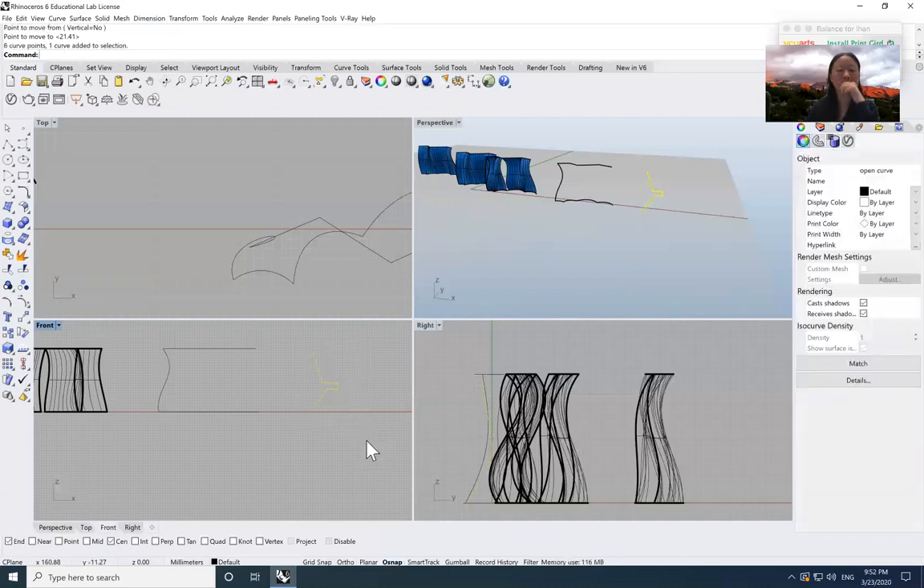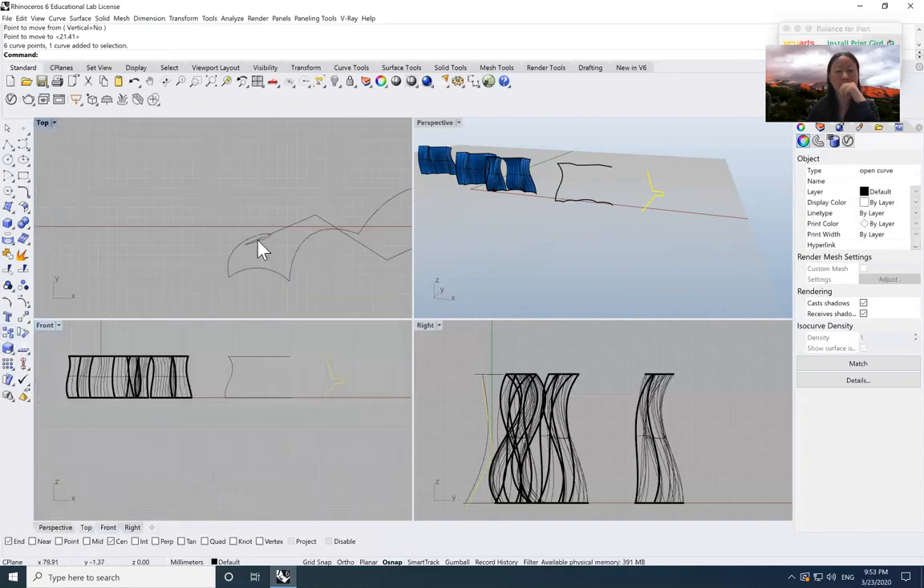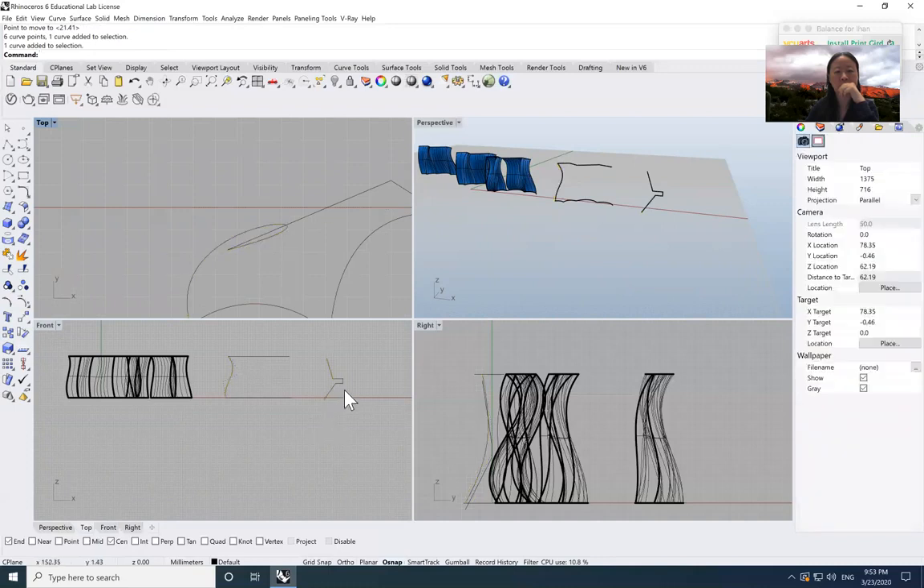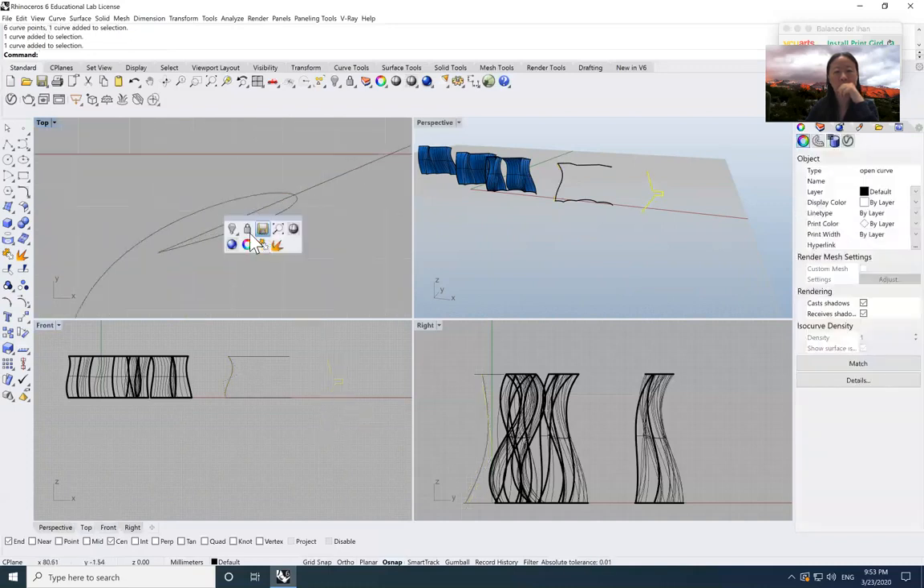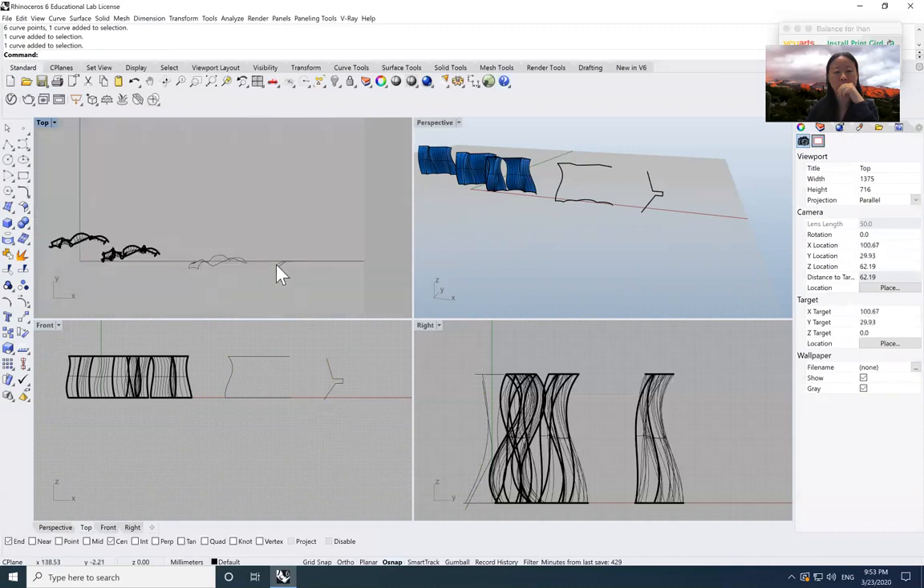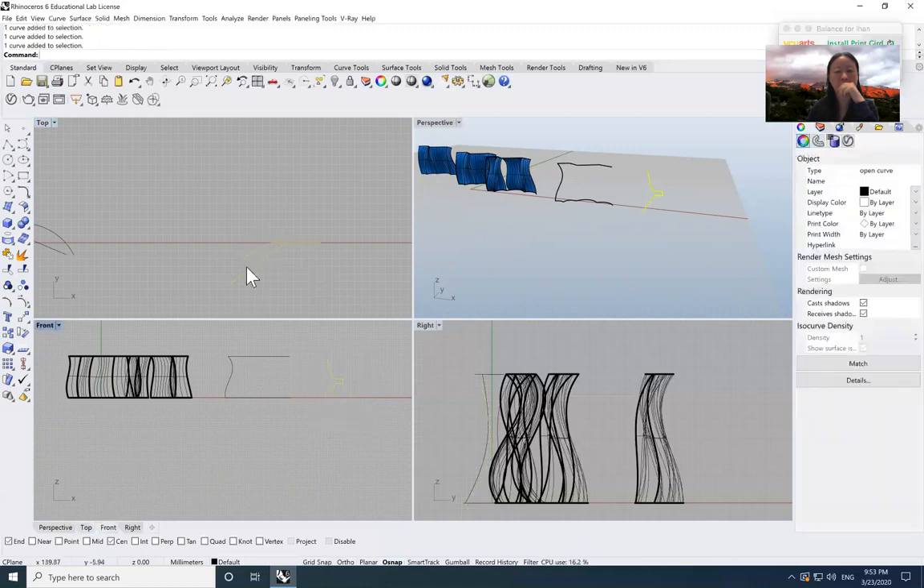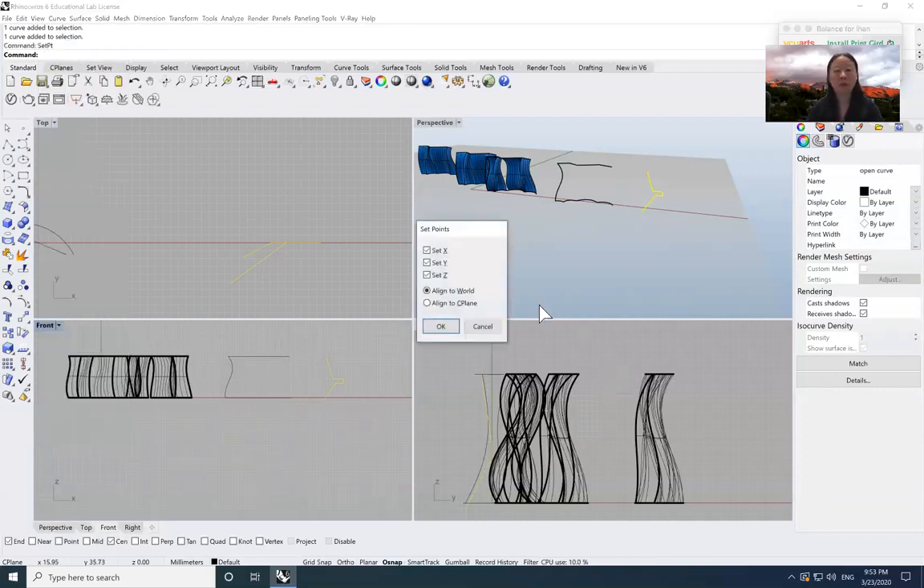First I'm going to use the set point because this one is all over the place. This one is not in one line. So this could just be flat in one line, looking from this view. So which direction is wrong? It's looking correct from this view, but it's looking wrong from the top view. So what I would do is type in SetPt, and I'm going to